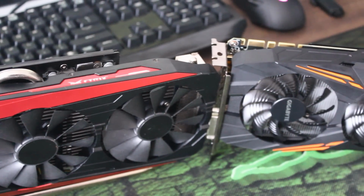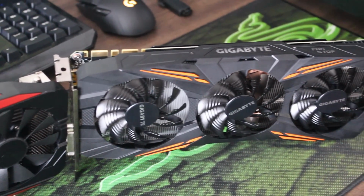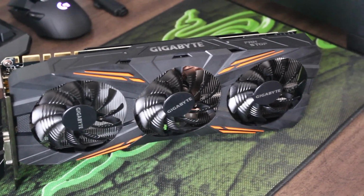Which brings us now to the conclusion, which is a slightly difficult one for me to judge because I don't know what these prices are where you live and what they're going for. So I'll try and make this as broad as possible so it makes as much sense to you as possible depending on where you live in the world. So let's say that both of these cards are exactly the same price where you live. Say they cost $600 Canadian or whatever they cost, or $500 or whatever it is,